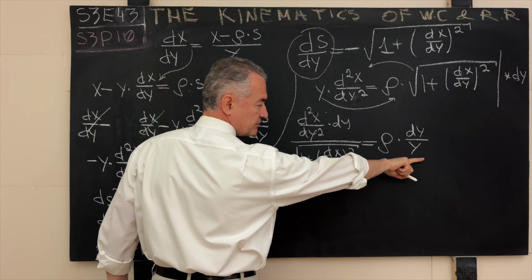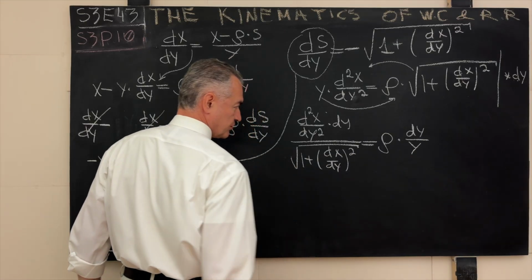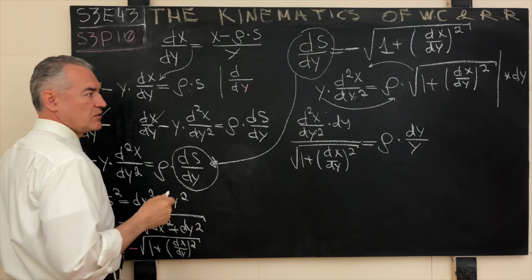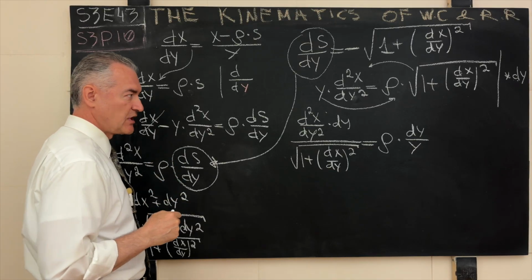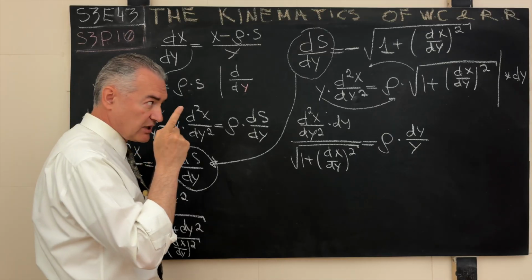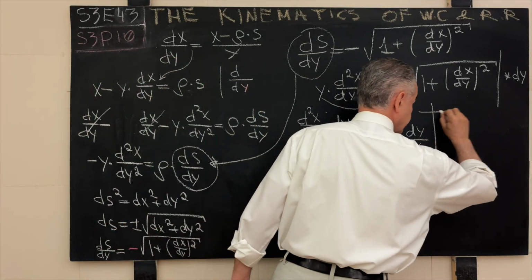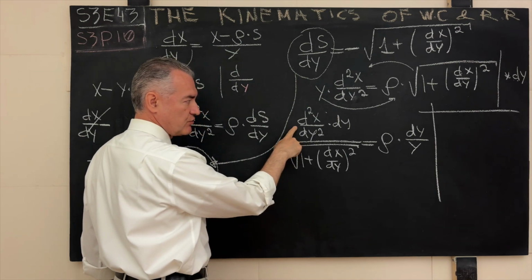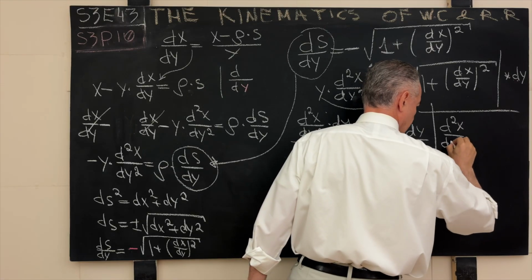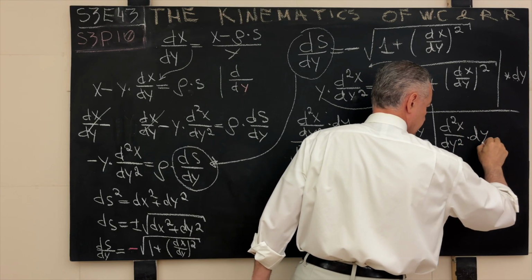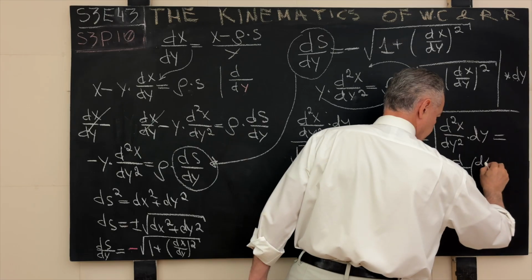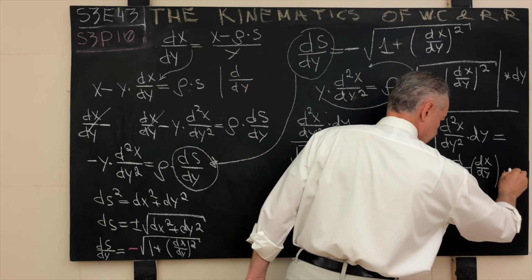Now, you already recognize the integral over here. This is a baby integral. We already see what's going on. But what is going on over here? Again, initially this looks scary, but eventually, once you go through these motions, once it becomes business as usual, you will snort this type of expressions with your left nostril in one go. So here, let's spell out the definition of the second derivative. The second derivative, d2x over dy squared times dy, is equal to what? It's d over dy of dx over dy, times dy.